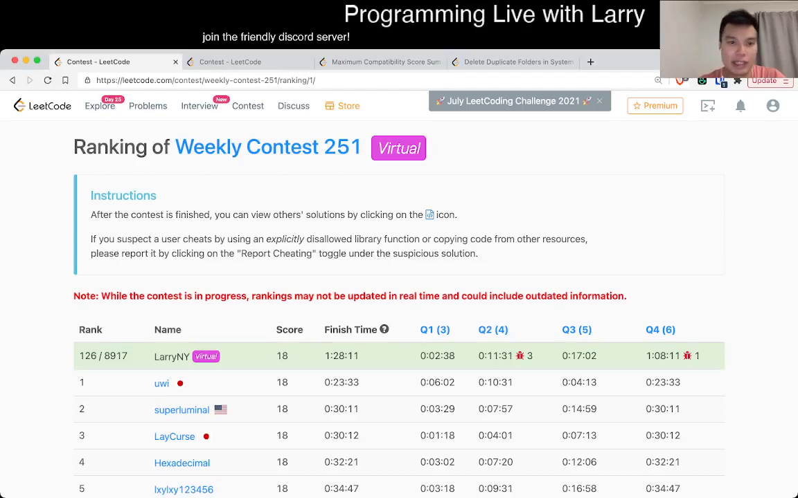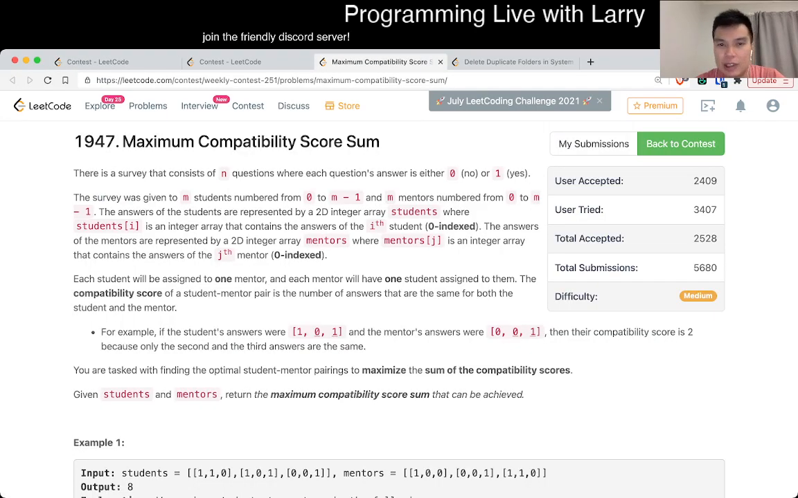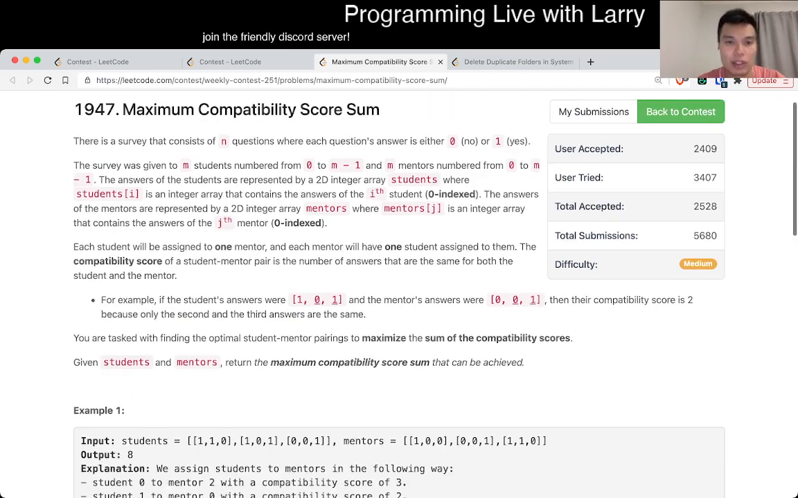This is me going with Q3 of the weekly contest 251, maximum compatibility score sum. So for this problem, the first thing to look